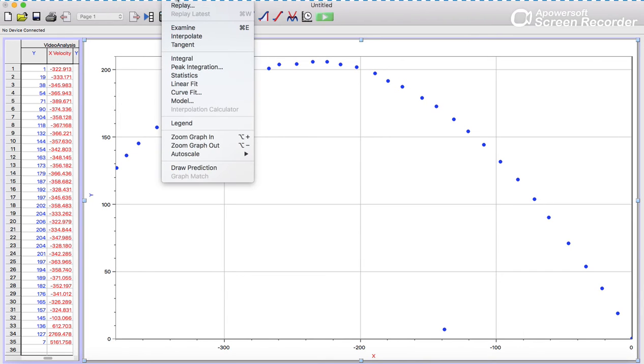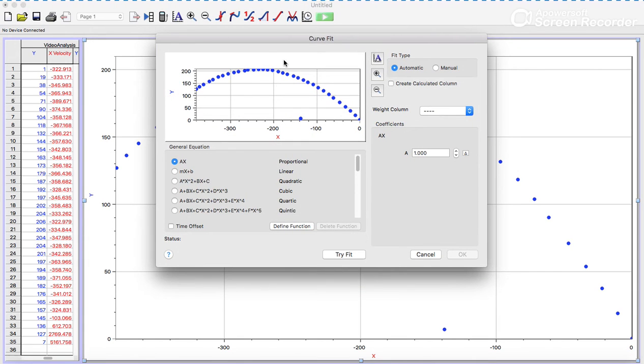Here comes an option where I have Analyze on the top toolbar. In the Analyze menu, I have an option called Curve Fit. I click on Curve Fit, and then I try to use the auto fit option. You have two options here, manual and auto fit. I want an automatic graph equation for the given graph. So I use the automatic option, and here we have a lot of mathematical functions: proportional, linear, quadratic, cubic, quartic, quintic, and many such functions, even variable power and inverse functions,